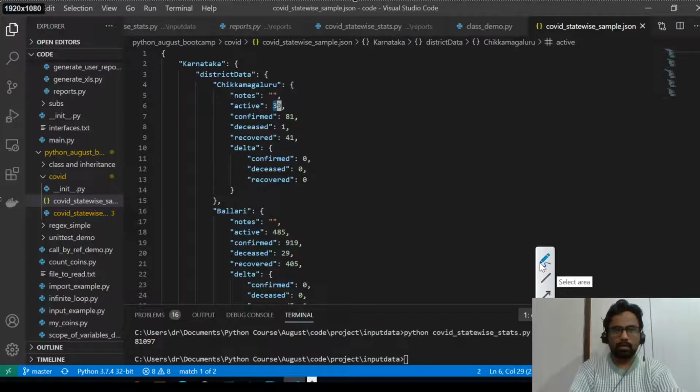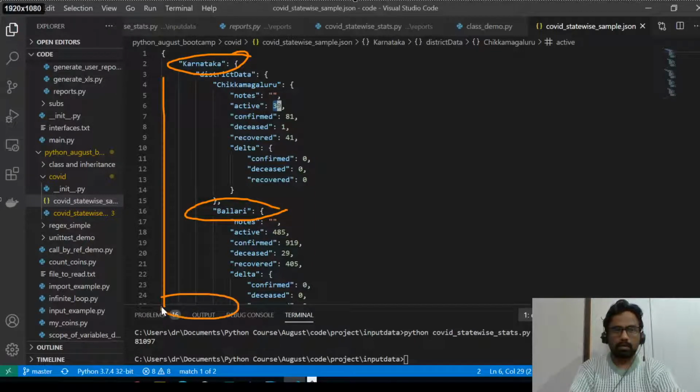Let me just finish this up. So our input dictionary is like this. We have Karnataka, and inside that Ballari and things like that. Then in the same line we have Kerala, and then Andhra Pradesh and things like that. So once we pass Karnataka as an argument, what we're going to extract here is